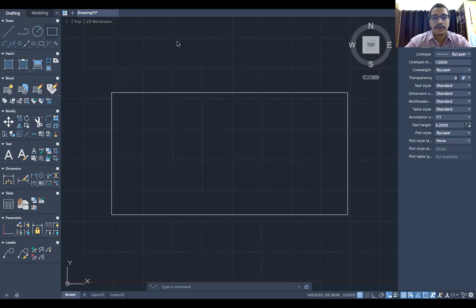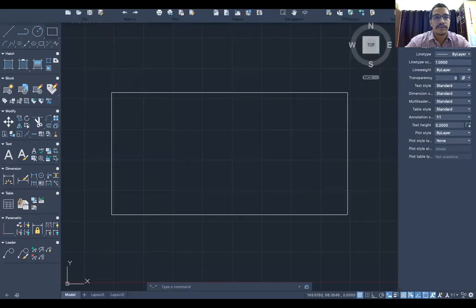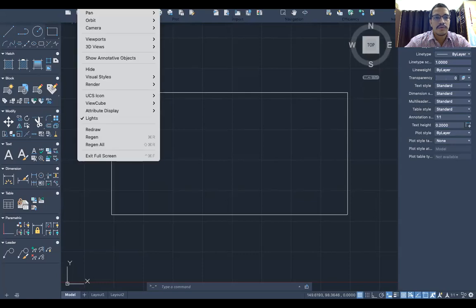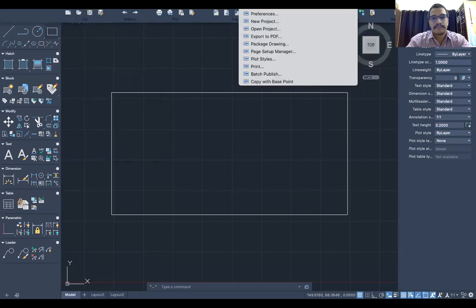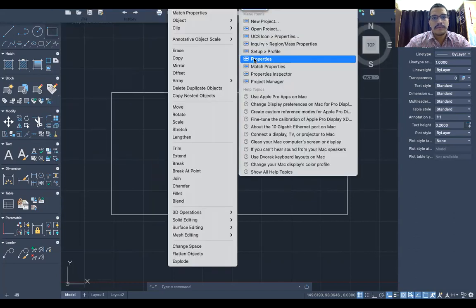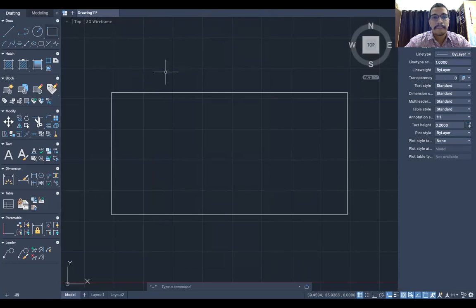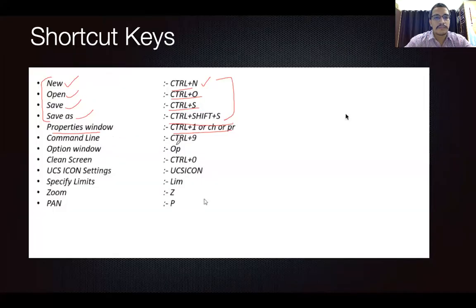For the properties, for Windows you can use Control 1, but for the Mac, go to modify and you can see the properties. Okay, so that is the properties. If accidentally you turned it off, you can bring it back again. The next part is the option window.